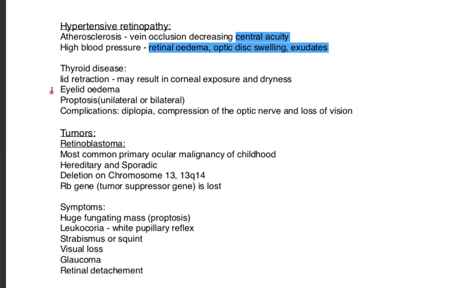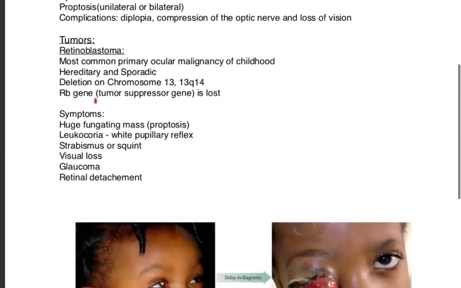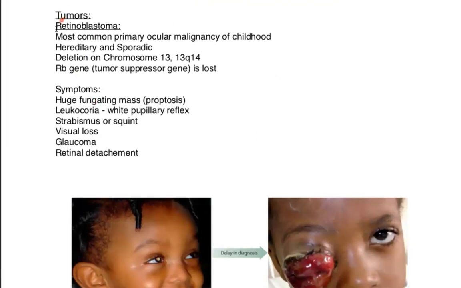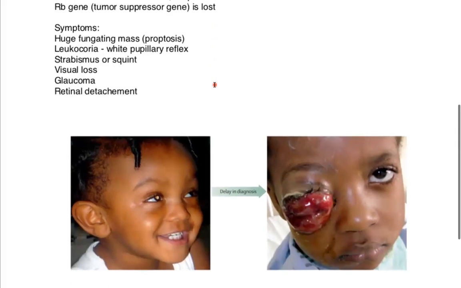A thyroid disease هم you know them lid retraction, lid lagging, ptosis الحاجات دي كده. عندنا tumors عندنا retinoblastoma mainly. Retinoblastoma is the most common primary ocular malignancy of childhood, so children. It's hereditary and sporadic ممكن يكون random ممكن يكون genetic والgenetic يا يحصل deletion of chromosome 13 or this part of the 14 on chromosome 13 أو يكون في ال RB gene lost. So ال RB gene is a tumor suppressor gene. لو هي lost from both parents الشافع هيكون عنده retinoblastoma. تمام؟ الsymptoms